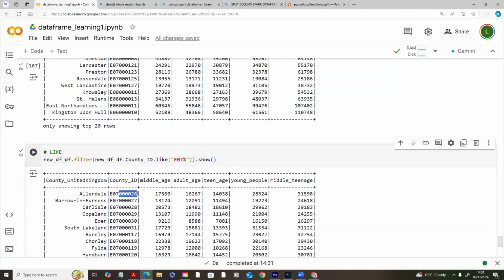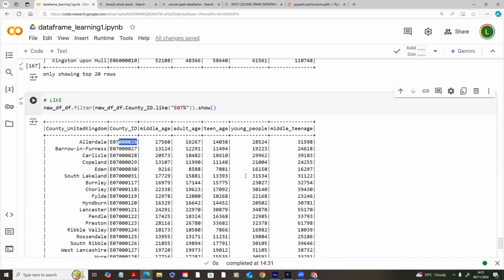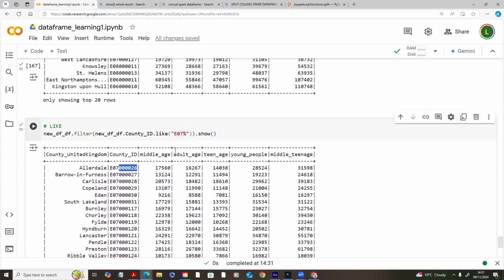So it's going to capture. This is very, very useful. I've used it several times to solve a series of issues when I was transforming data. So this LIKE is very important, and you are familiar with it in SQL also. Like. So now,